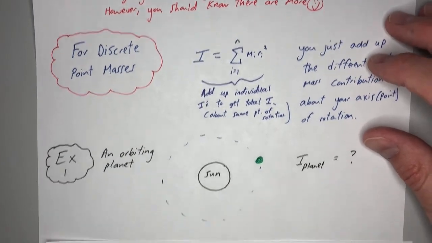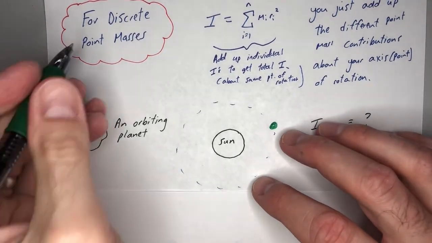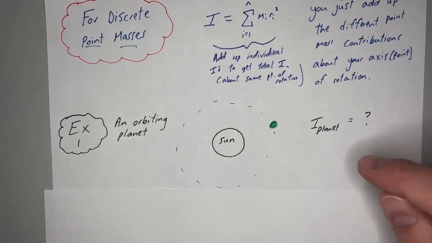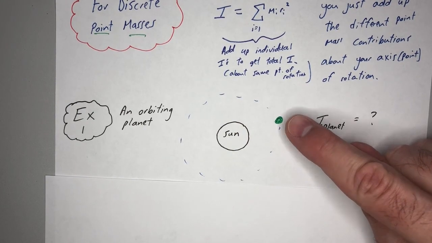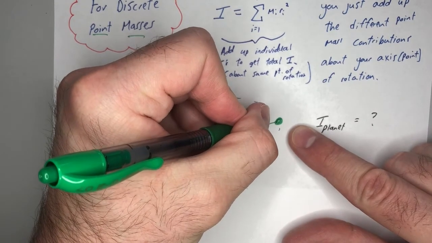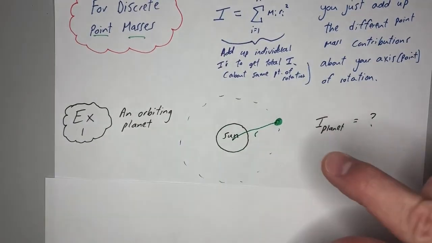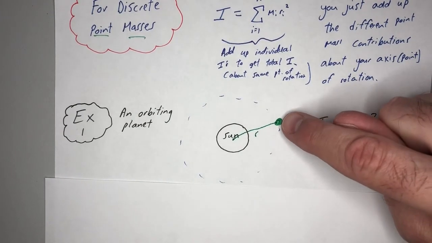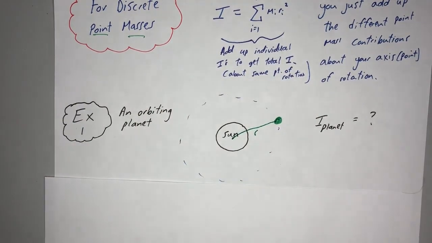Let's do some examples here. An orbiting planet, and now really important, what do physics people mean by a point mass? A point mass could be like this green dot right here. This is some planet, you can name the planet whatever you want, and let's call the point of rotation the sun it's orbiting about. It's got some r value from the center of the planet to the center of the sun. This mass is highly concentrated in some kind of sphere, and it's orbiting about the sun. So that's a point mass, just a point of mass in space.